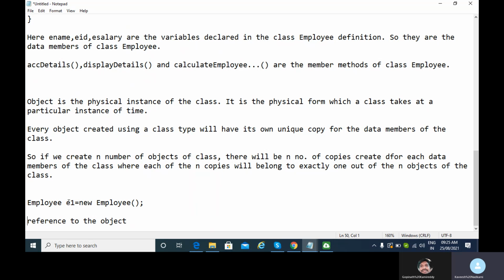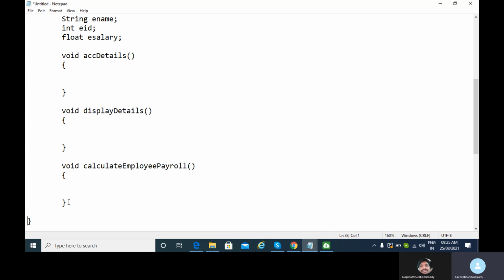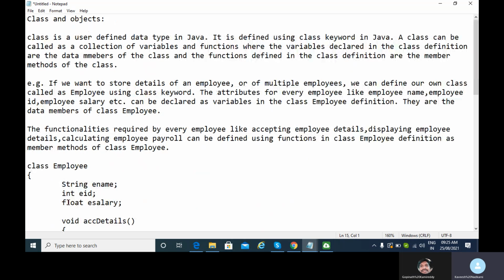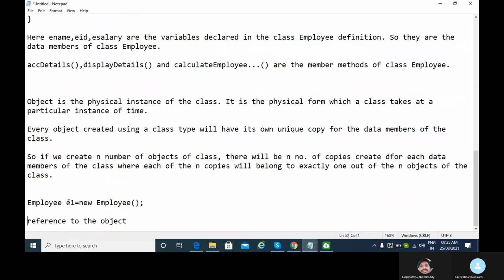So any variable which we declare using a class type is called the reference variable of the class. So your E1 is the reference variable of class employee.